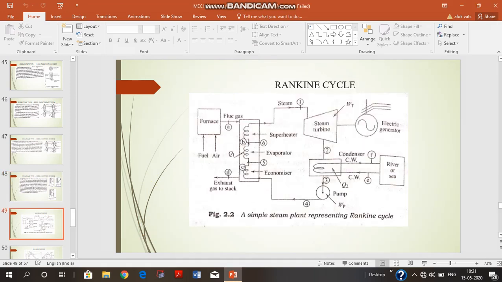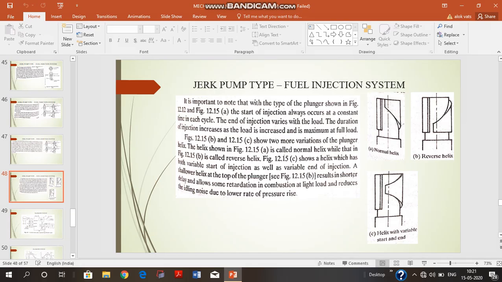So up to here we have discussed the diesel fuel pump working in optimal detail. What we want to do now is discuss some portion of the steam cycle, some portion of the steam turbines, from our next video.